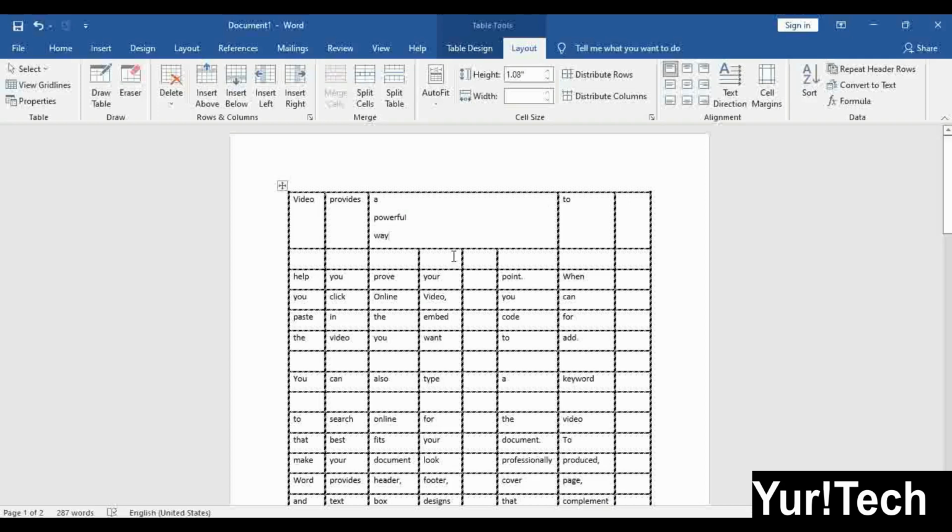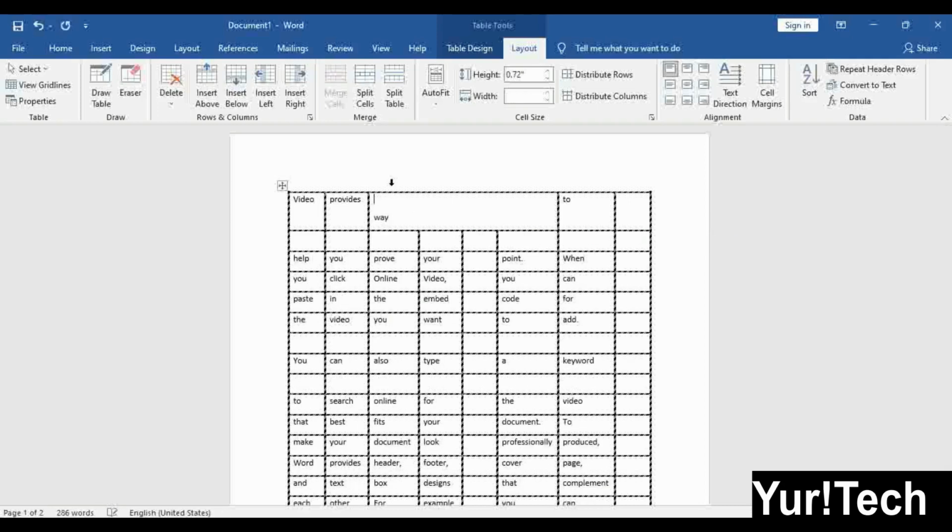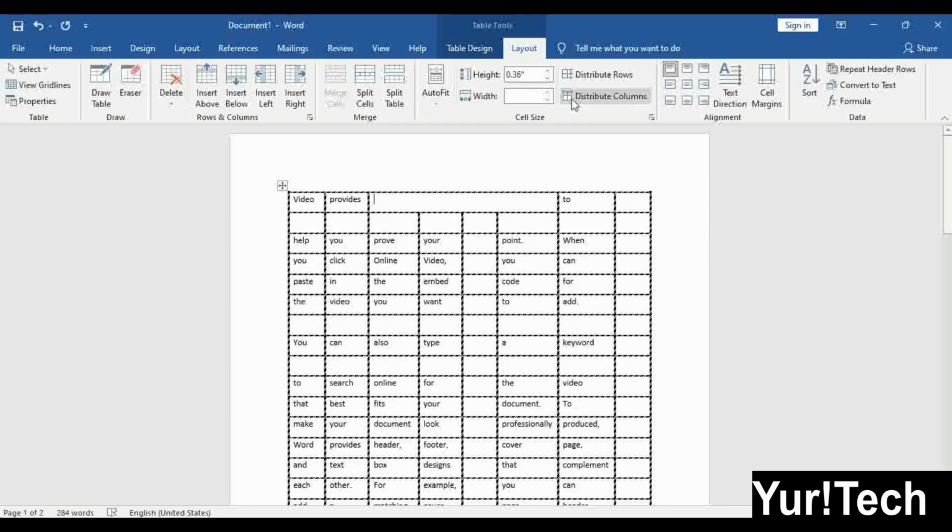Merge means to make one, like if there are more cells, to combine into one cell, for that we use merge. To adjust this, if you don't want these words, you can delete. Okay, it has been resized.